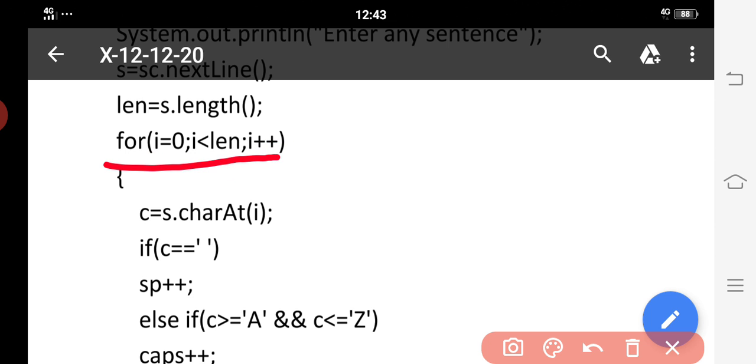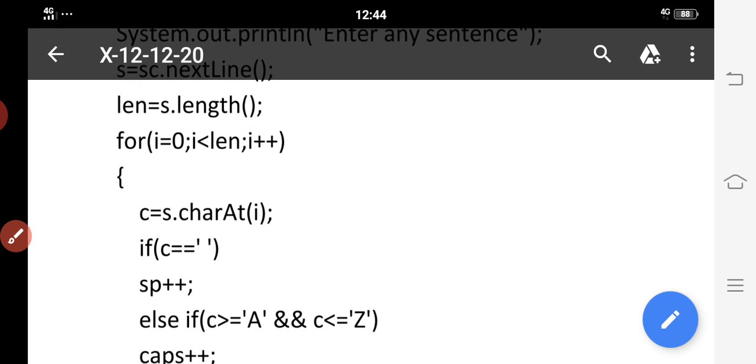The total number of characters in string s is counted and stored in variable len. After that, the loop will run from 0 to less than len, meaning one by one all the characters in the string will be extracted and compared. Thus you will get the final result.